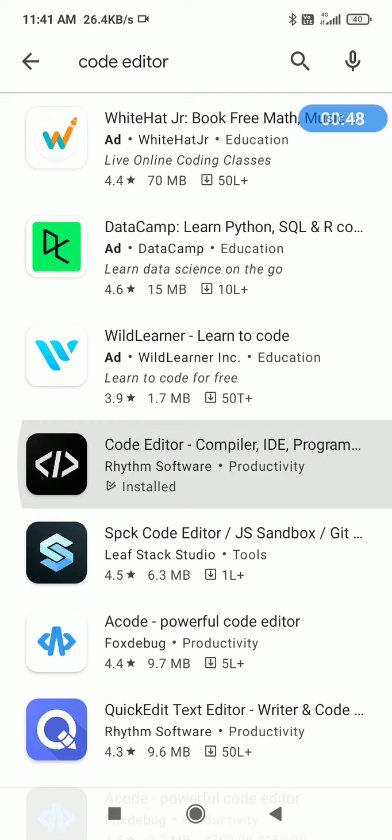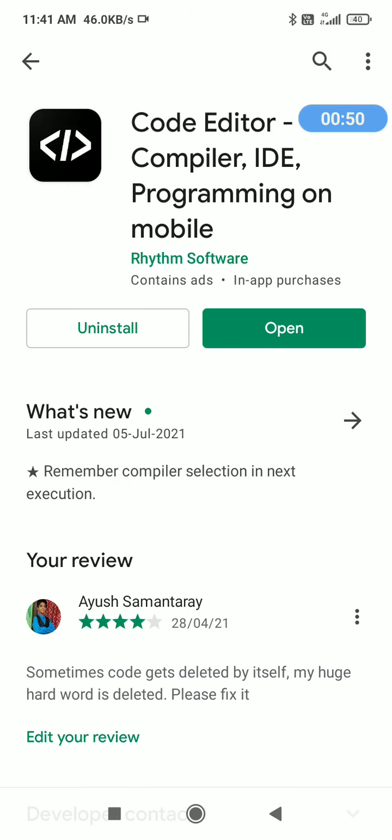I always use Code Editor for writing any kind of code or running it in my Android. And Code Editor is nearly the best compiler and also the code IDE for Android. It not only allows you to write and edit more than 1000 kinds of programming languages with syntax coloring, autofill and suggestions, it also provides you a compiler for running any kind of programming language. Means you can write Python or HTML or CSS or JavaScript and you can even run it from there.